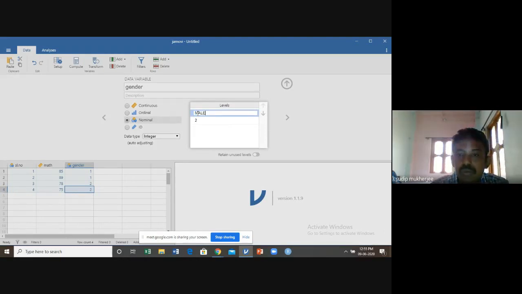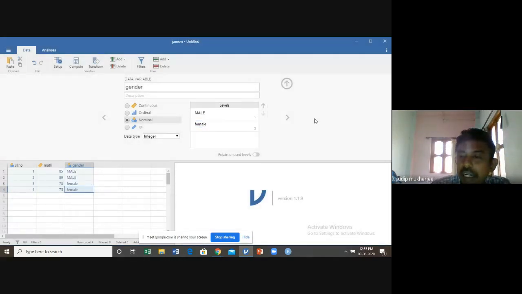There is a box, level, and in level you just click on 1 and write male, and in 2 you write female, and click outside. Basically, this data looks like male and female.